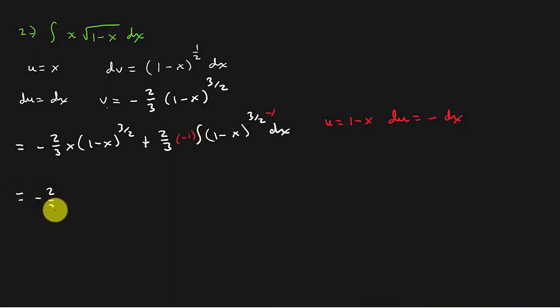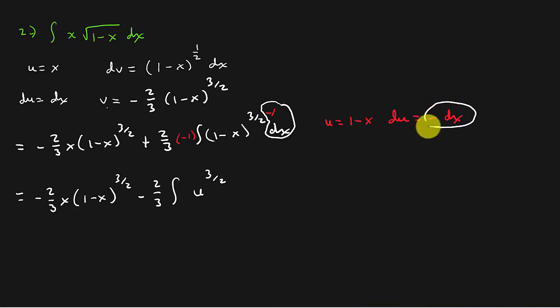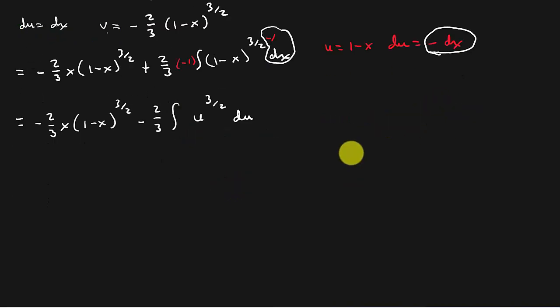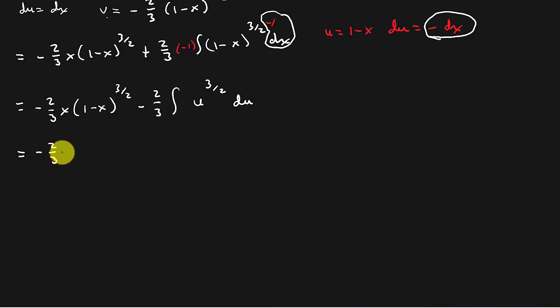And so this is -2/3 x times (1 minus x) to the 3/2 plus 2/3 times the integral u to the 3/2. Whoops, I'm sorry. You see the -1 and the plus 2/3? That's going to make it minus 2/3. And then we plug the u in for 1 minus x. And in the place of -1 dx, negative dx, we're going to put du. And so this is going to give us -2/3 x times (1 minus x) to the 3/2 minus 2/3, and